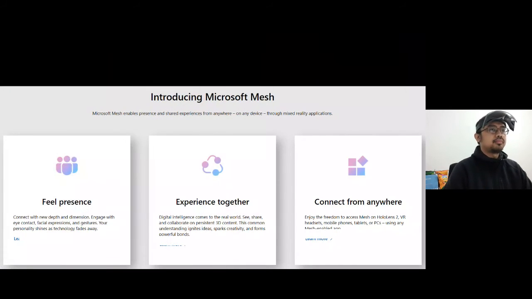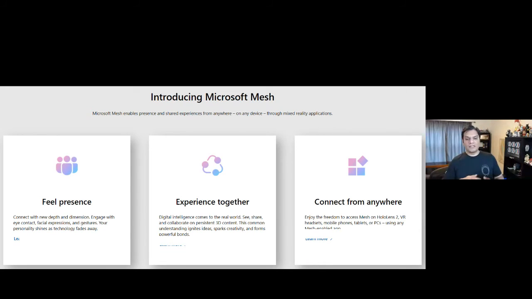Yeah, it was just announced, so we ourselves are learning about it. But I really liked the whole concept of Microsoft Mesh, specifically the concept of introducing people with the devices, not that the people have to go to the devices, but the devices are there with the people, and the world is just getting to be a smaller place. That's why the last option is connect from anywhere, and then experiencing together. Those are some of the big takeaways, feeling each other's presence. Again, the world's getting to be a smaller place.